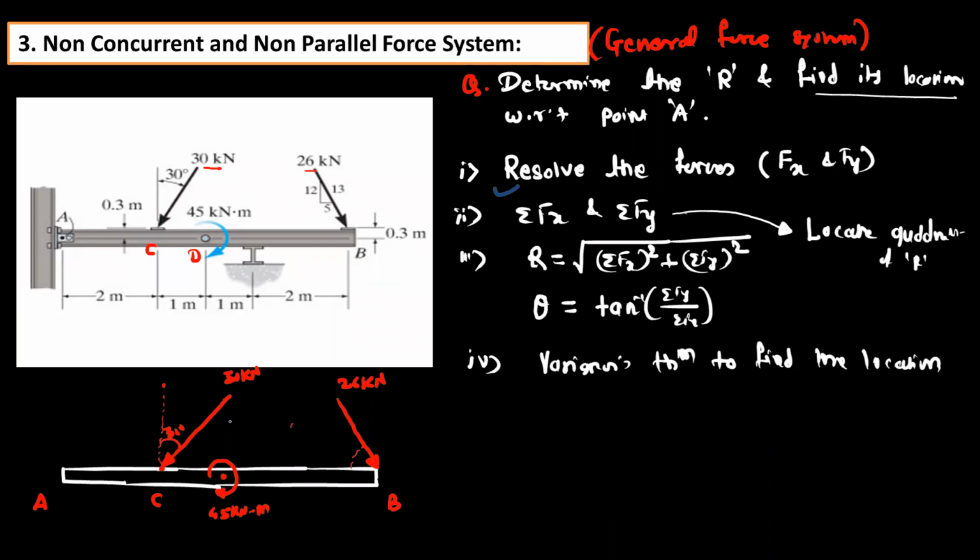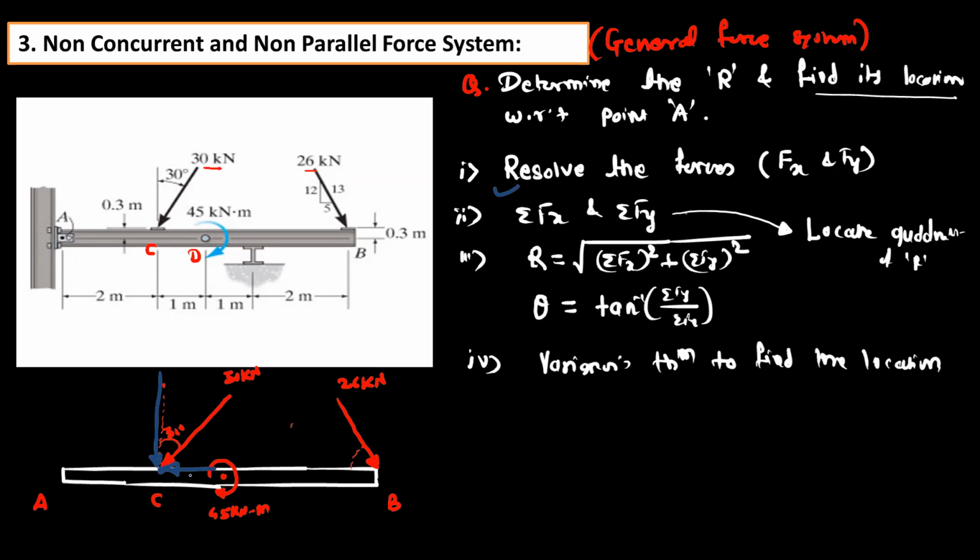Whenever we resolve the forces for a general force system, let's observe the contact point of this force with the system. Here AB is the object. So for the 30 kilonewton force, its contact point is C. Always resolve the force at the contact point only. We can resolve the force anywhere along its line of action, but prefer to resolve the force at this point C only. So how to resolve the force? This is the X component and this is the Y component of that force.